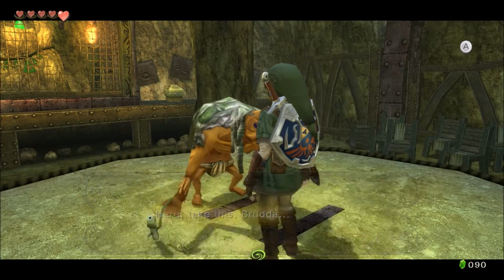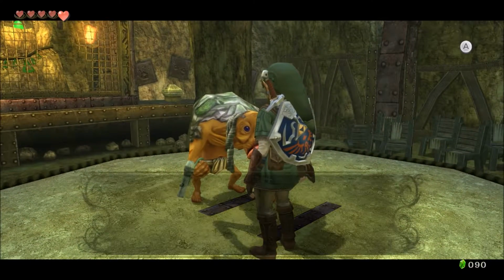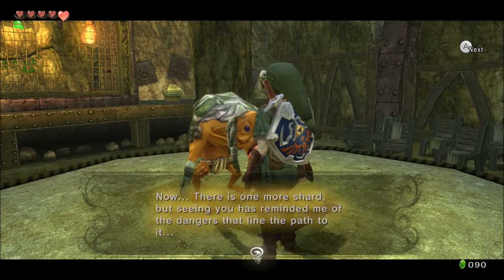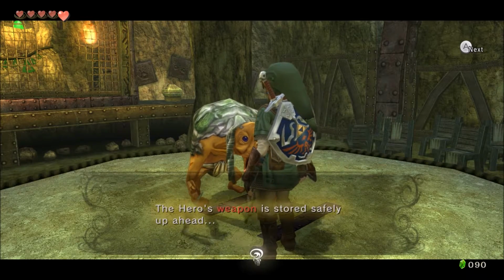Here, take this, brother. Alright, so we got the second key shard. We only need 1 more. Yeah, as you can see, he says, oh, now there's 1 more key shard. And now he actually mentions